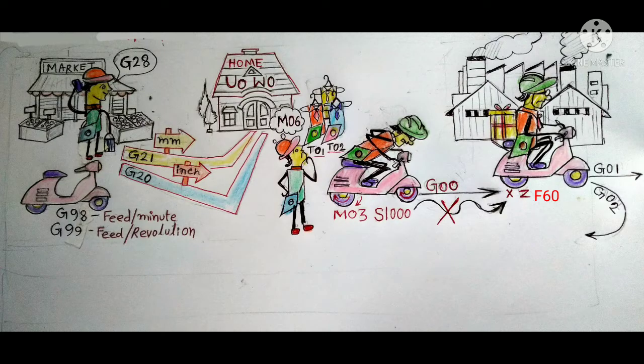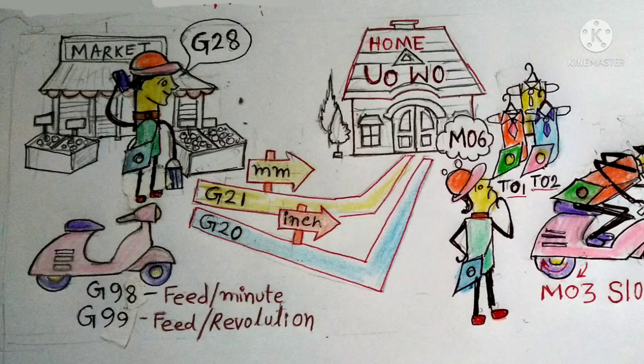I drew a funny picture to explain the logic of this program, and I hope you understand clearly. We can see in this picture that Mr. Tool is marketing. At that moment, Mr. Tool received a phone call from his workplace and he was told to return home, dress up and come to join his work. And we assume that Mr. Tool does not understand any language other than code language. Now we see two ways in the picture to bring Mr. Tool home. One is millimeter and another one is inch.